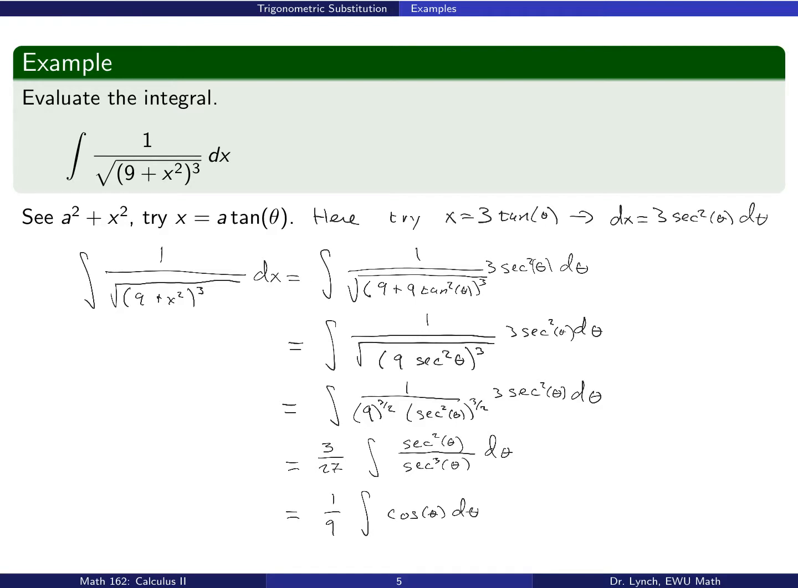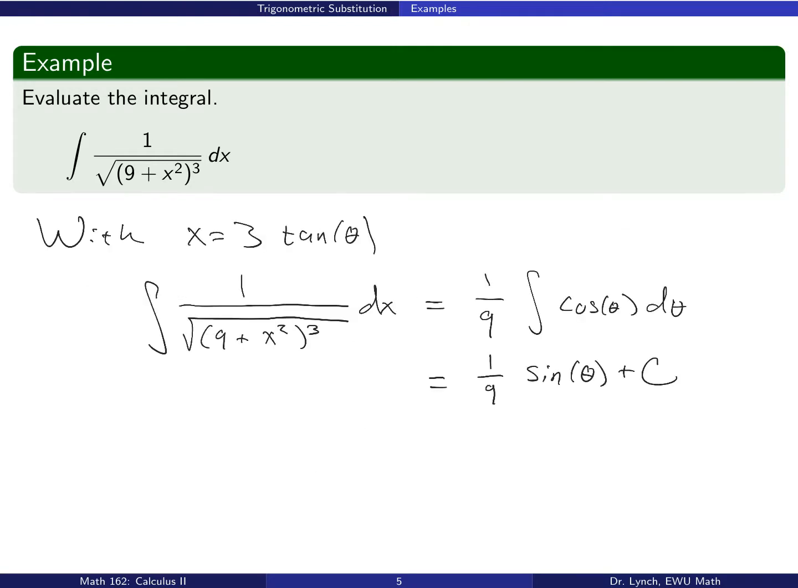Simplify, simplify, simplify. Of course, the square root of a cube is the same as the 3/2 power. And when we take secant squared to the 3/2 power, we get secant cubed. When we take 9 to the 3/2 power, we get 27. And we're left with 1/9 times the integral of cosine theta d theta. So again, summarizing here under the substitution x equals 3 tangent theta, we can see that we're left with 1/9